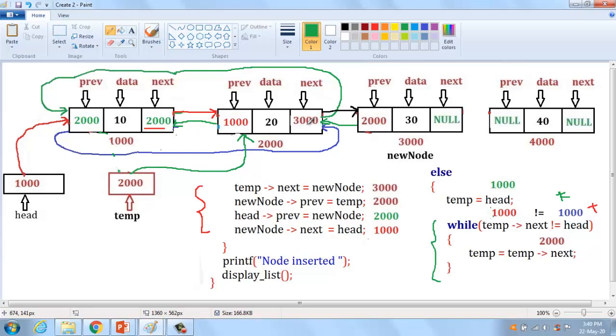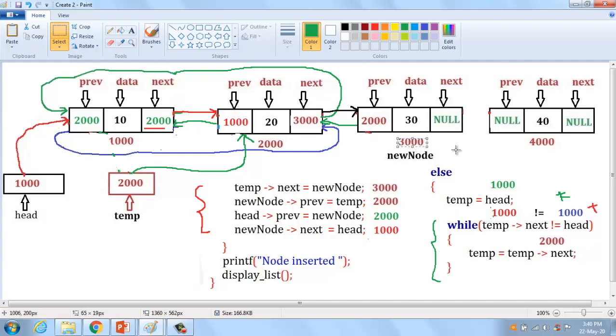How can I create the circular format? The last node points to the first node address and the first node's previous field points to the last node address. How can I identify this? Head pointer previous equal to new node. What is head pointer? Head pointer is 1000, and 1000 of previous we have to change into the new node. What is new node? New node is nothing but 3000.